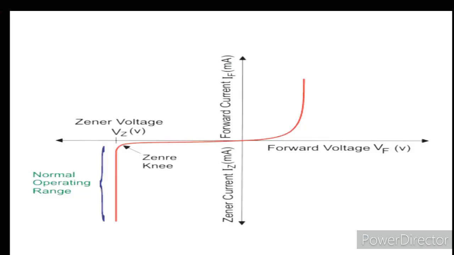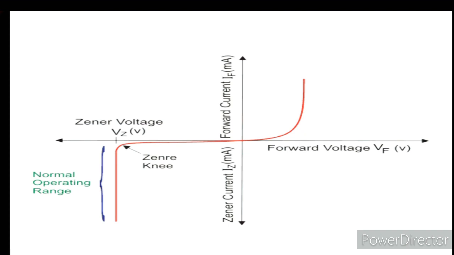The characteristics of the Zener diode are similar to the simple PN junction diode in the forward bias condition. It operates up to 0.7 or 0.3 volts depending on the material, silicon or germanium. But in the reverse bias condition, because of the smaller depletion region, the Zener breakdown voltage is predefined by the manufacturer. After this breakdown voltage, VZ, it acts as a Zener voltage regulator.